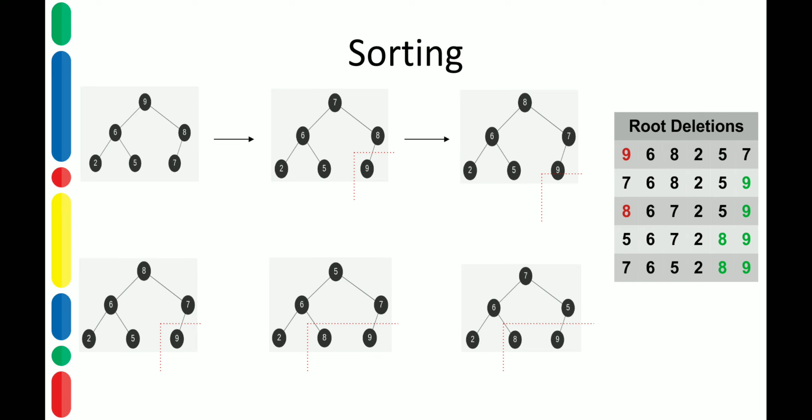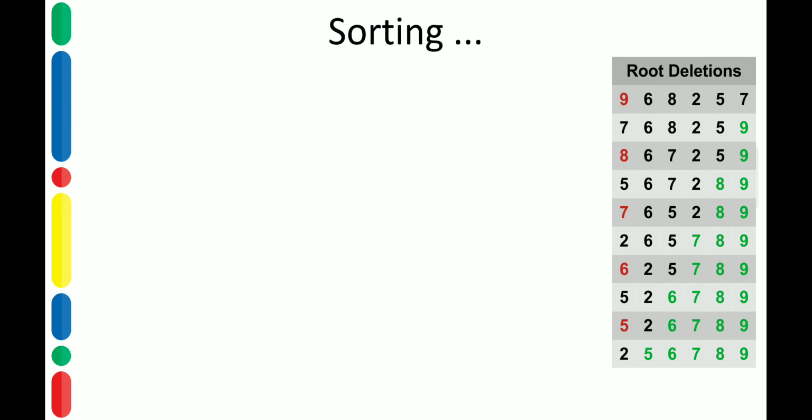By re-heapifying it, we have brought the second largest element to the root position, and this last element 9 should not be considered as part of the heap. You should consider it as part of the sorted array. That's why I have shown them in the green color. After re-heapifying, the array contents will be the same as in the third column: 8, 6, 7, 2, 5, 9.